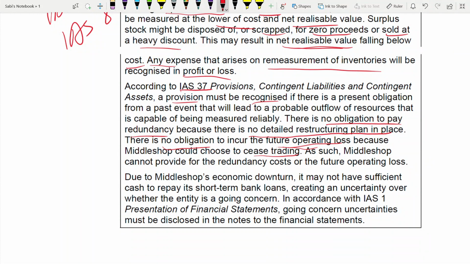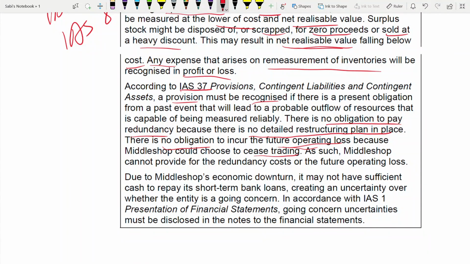Can you say that I'm not going to run this business, I don't want this loan now, so I don't have the obligation to pay the interest? You cannot say that. It does not matter whether you make losses, still you have to pay the loan, the interest. That is the meaning of obligation. You cannot escape. You cannot rescue yourself.